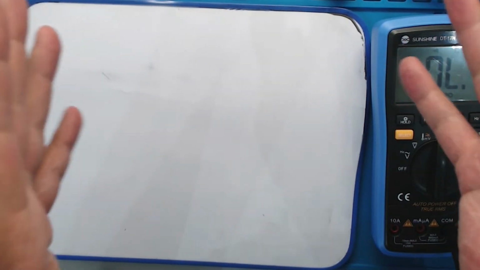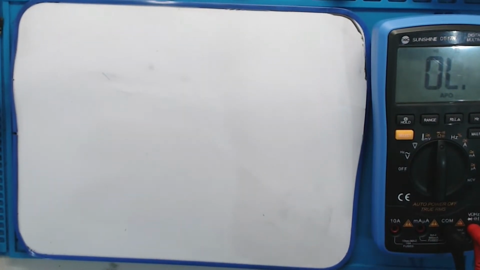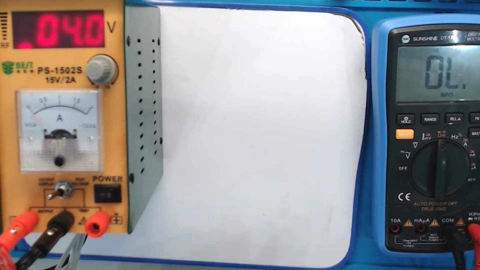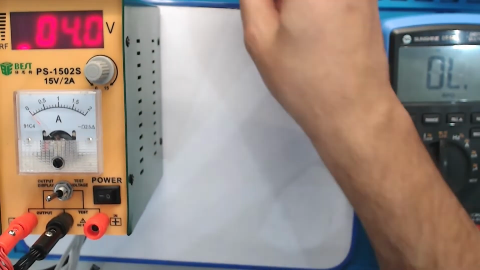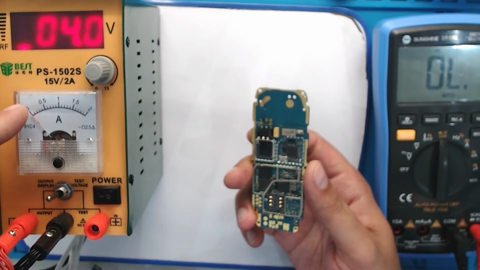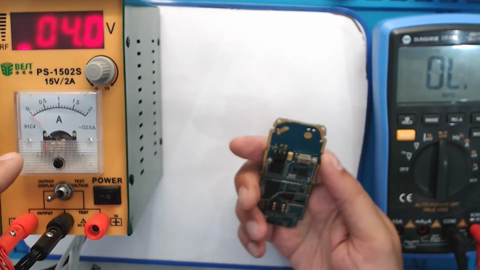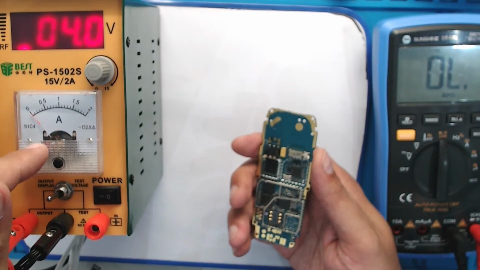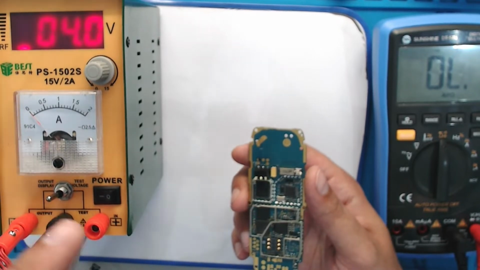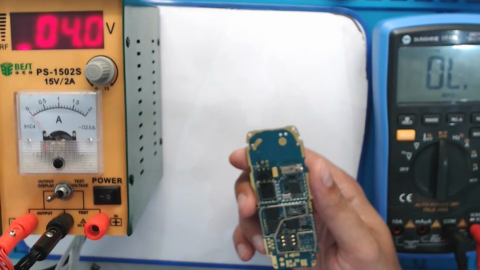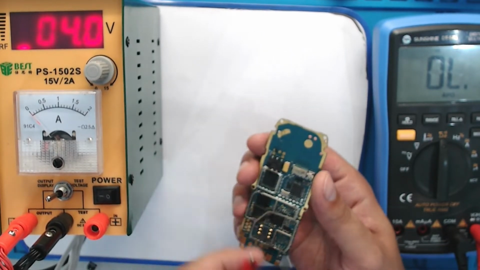The first thing I want to tell you is about this power supply. Sorry, this camera is very bad. Before I tell you, when you connect the DC power supply cable to the phone, it needs to show 0. After you press the power button, this display calculates the current, how much the phone is using, and you can troubleshoot with this current. But normally, when you connect it like this,